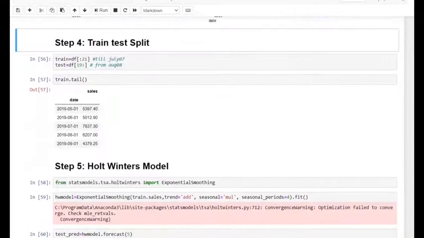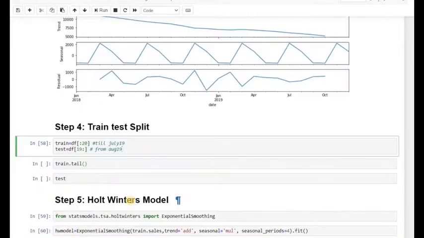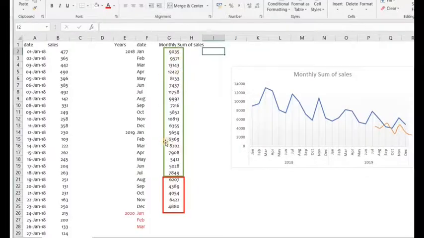Now the next step that we would do is divide the data into train and test. For building our time series model, we have to split the data into train and test. So we would build our model on the train part of the data. The green part will be our train data, and the red highlighted part would be our test data. So using the green part of the data, we would build our model, and we would have the forecast for August to December 2019. And we would see how far our prediction is from the actual data, so we can evaluate the strength of our model.